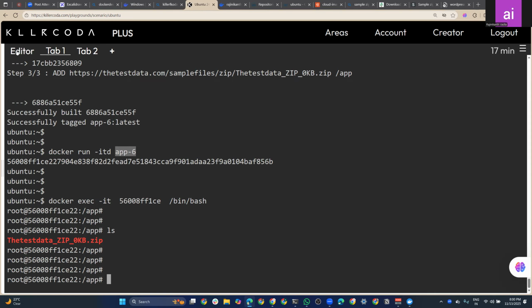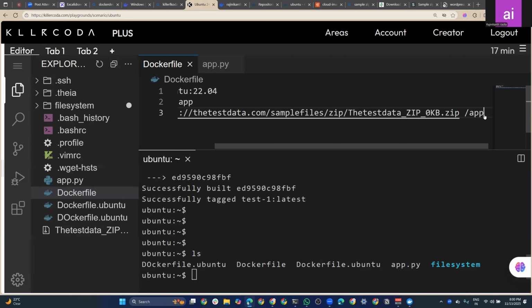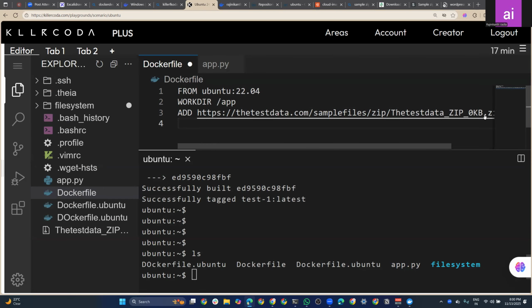RUN instruction means, if I come down here now, I'll say RUN apt install, apt-get install unzip. It's a tar one. So what can you do? The tar command is like